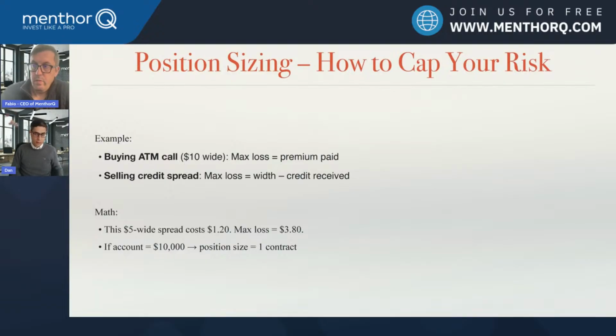If you sell a credit spread, on the other hand, what is the max loss? It's the width minus the credit received. So let's break down the math. We have a $5 wide spread, and the spread pays $1.20. So our max loss is $3.80, which is roughly 1 to 3, which is very nice. If everything goes well, we keep $1.20 minus the fees and slippage. In the worst case, we lose 380, which means we need 3 more trades to come back.